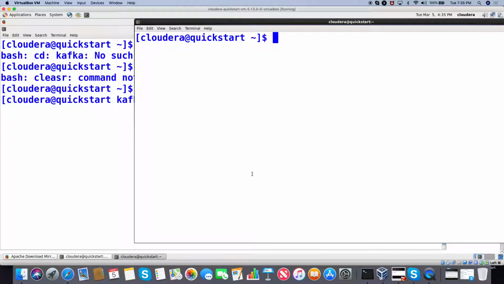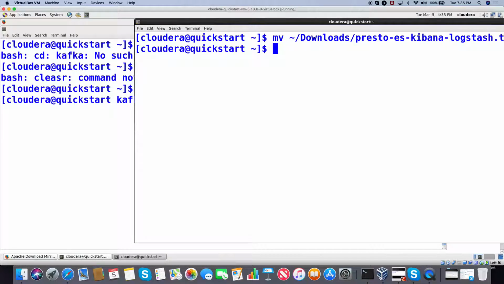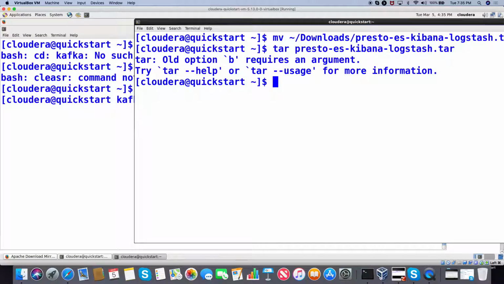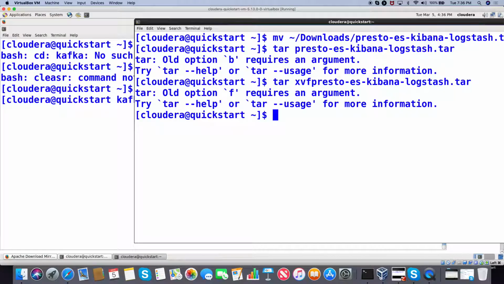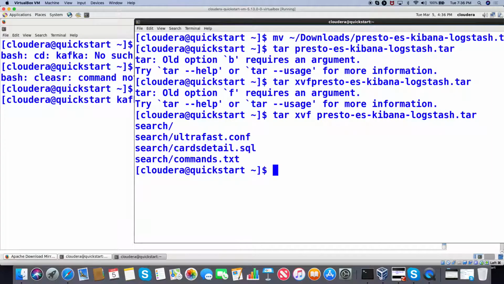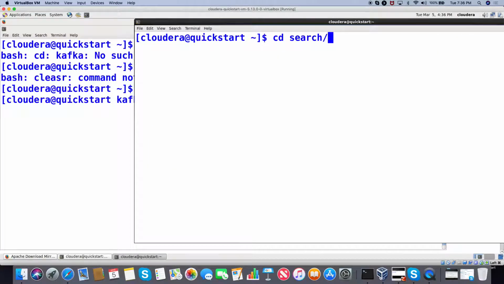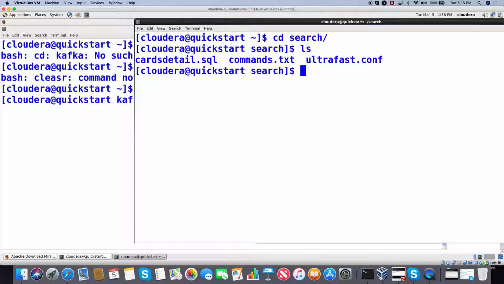What I'm going to do, I'm going to create another command prompt and move that file from the downloads directory. It starts with Presto and then dot tar. Then run tar xvf on that particular file, Presto ES. It will create a directory called elasticsearch, as you can see. And if you do ls, I have given you